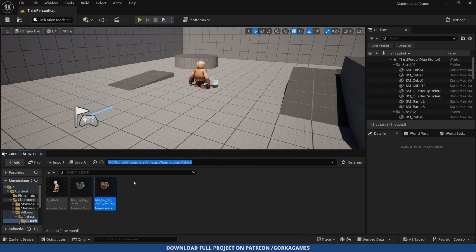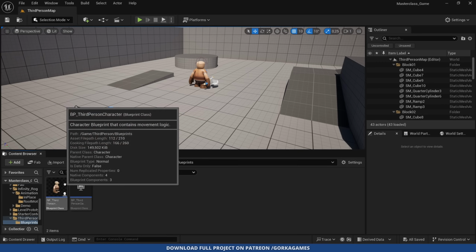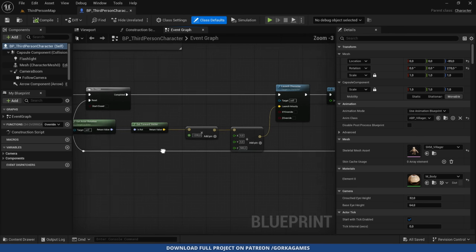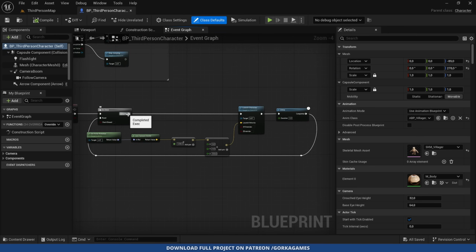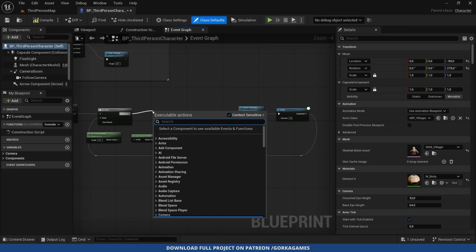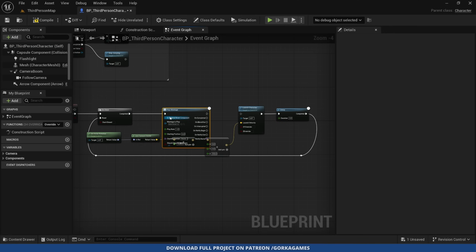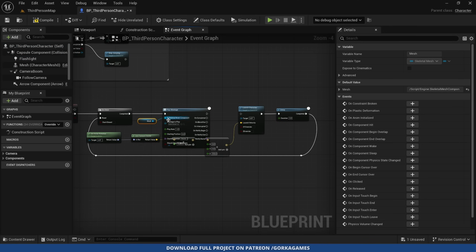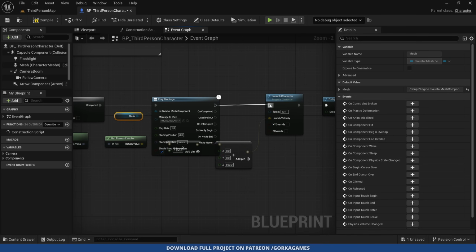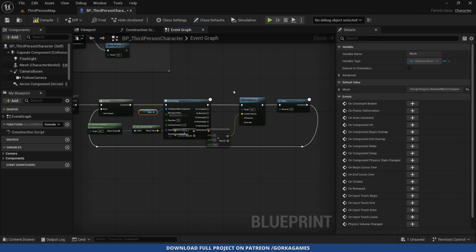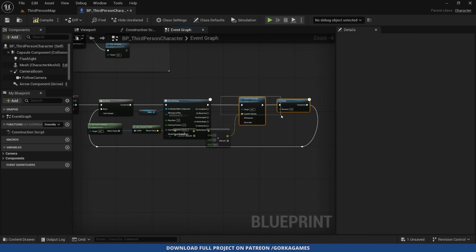And now we go back to the third person character blueprint. We can go ahead and make sure to disable the launch character and simply do a play montage, okay, which is going to be this first one, and then simply the mesh will be this one, the montage to play will be the flip, and then we can just plug this into here, okay. And instead of doing a whole delay in that stuff, we can go ahead and just first of all